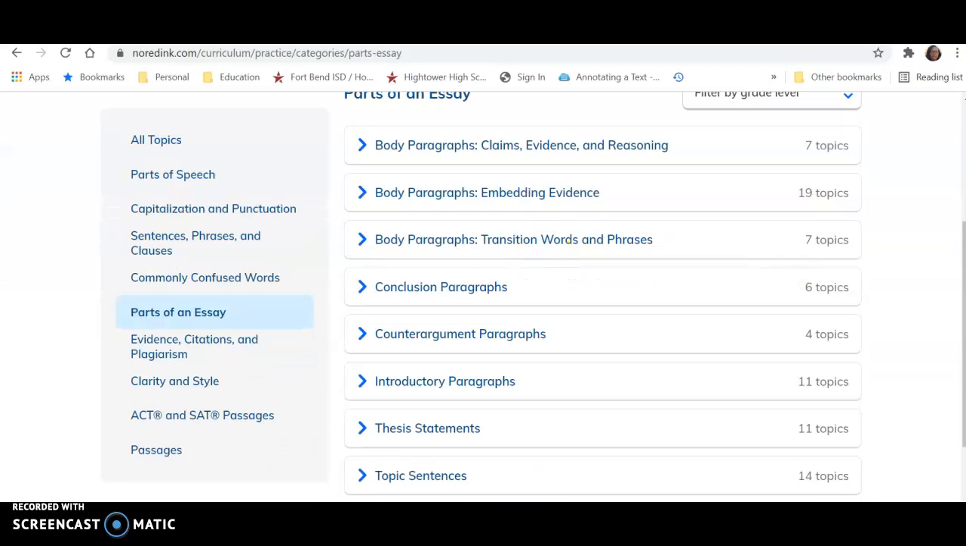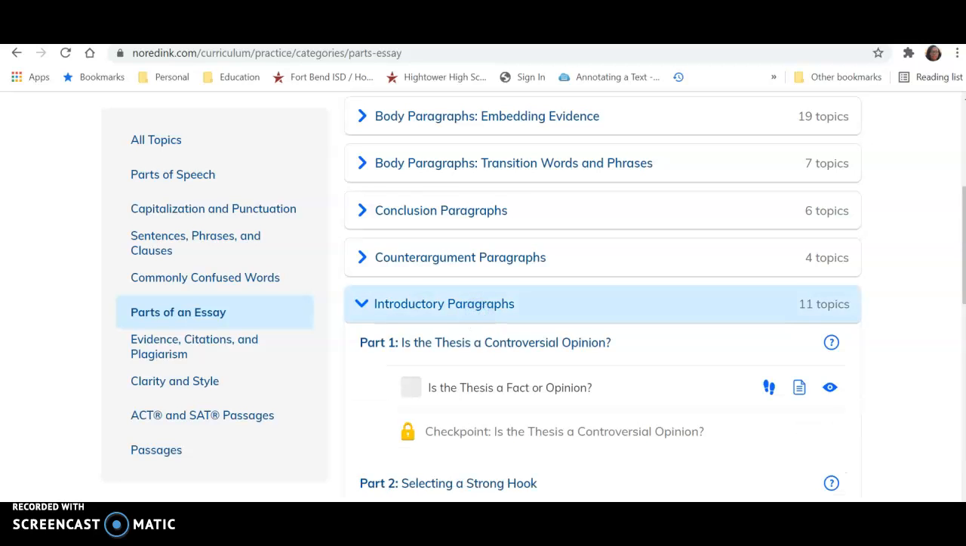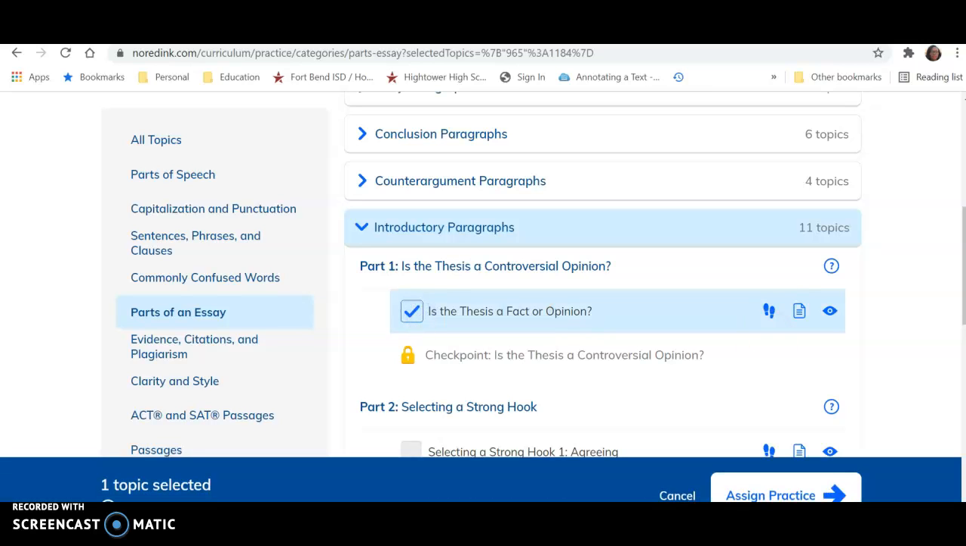So here you have individual parts of an essay broken down into different topics, and you can select any one of those topics and assign them to your students. So let's see here. We are going to start with introductory paragraphs. We're going to check here. This will assign part 1 is a thesis or controversial opinion, and this will be assigned to the students. Here we can preview topic with the I,